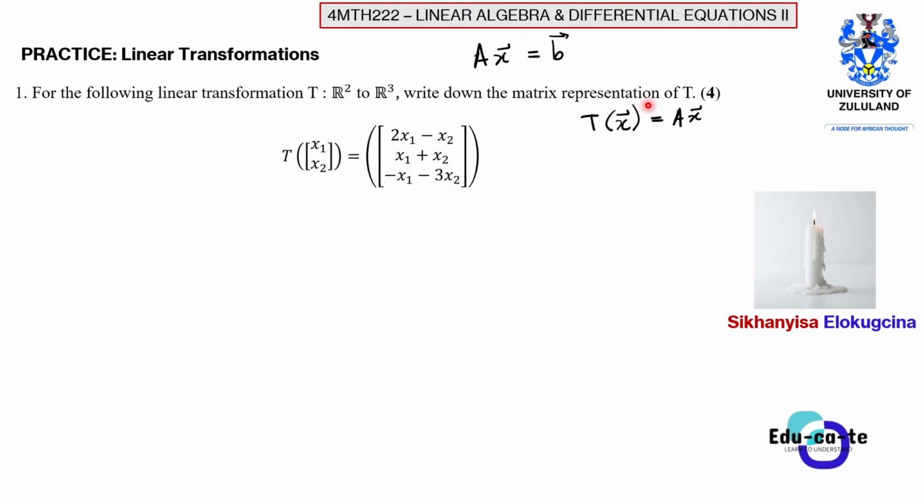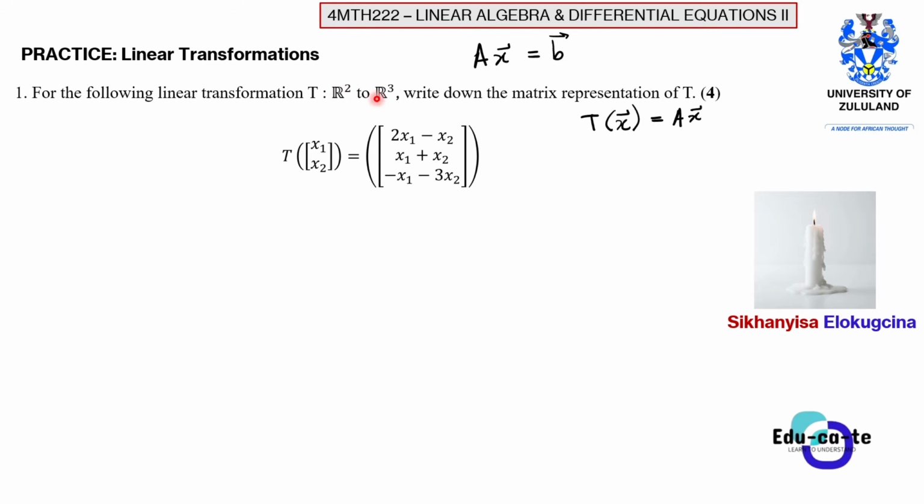So basically the transformation function for this is just T of X. It means that we are transforming the vector X, or changing the vector X, by doing what to it? By multiplying it with A. So here we just want to see which matrix, for this particular example, because we are given a transformation of x1, x2, we must multiply this vector x1, x2 by so that we can transform it from R2 to R3.